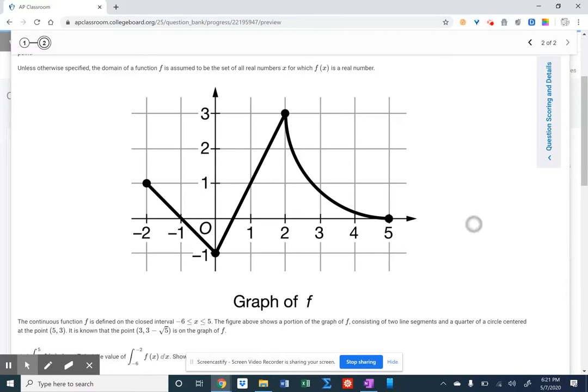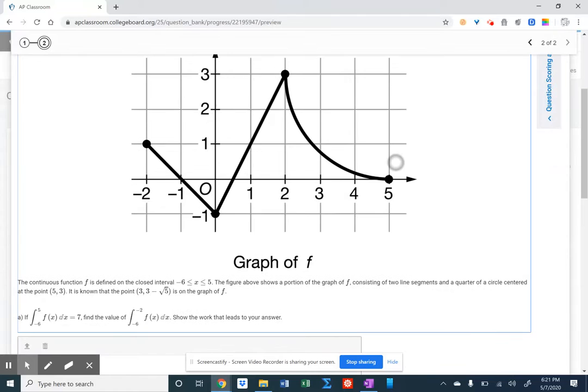All right, for number 2, continuous function f is defined on the closed interval from -6 to 5 inclusive. The figure above shows a portion of f. The graph of f consists of 2 line segments and a quarter circle centered at the point (5, 3). It is known that the point (3, 3 - √5) is on the graph of f. And we're trying to, in part A,